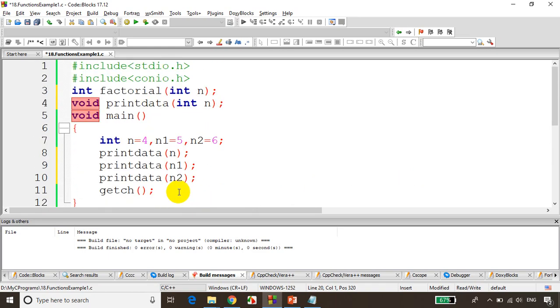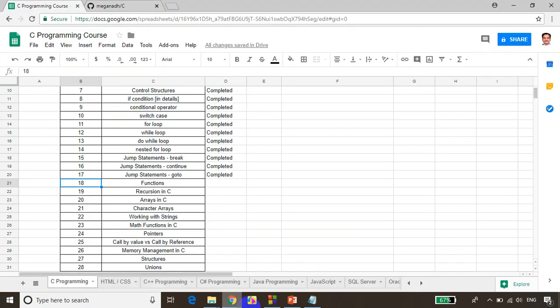Right? So I hope you're clear with the concept of functions. Down the line we'll see a lot more examples, and please practice this and see whether you're getting the output or not. So in the next module we will learn about recursion in C language. So hope you're clear about how functions can help in